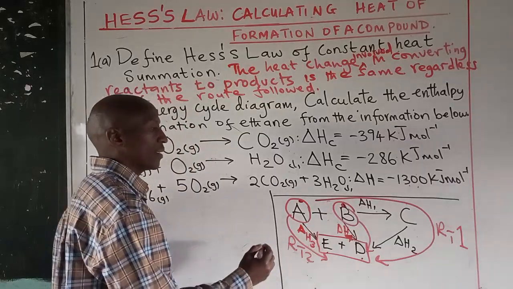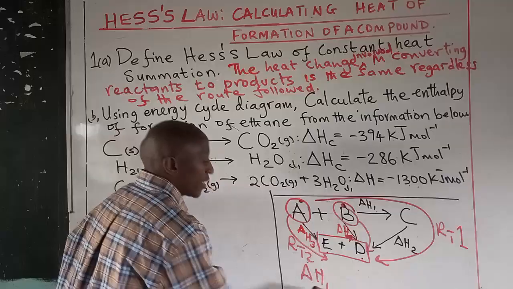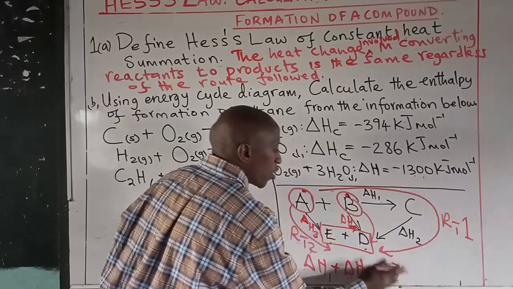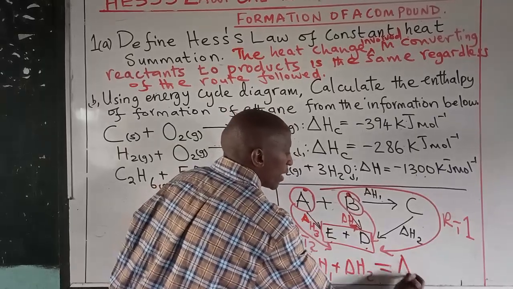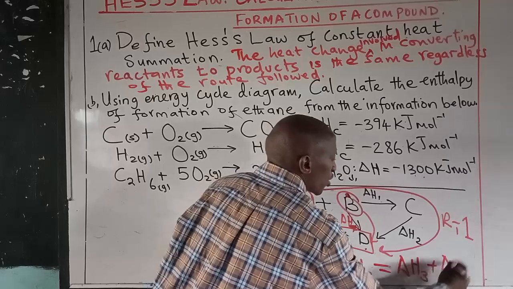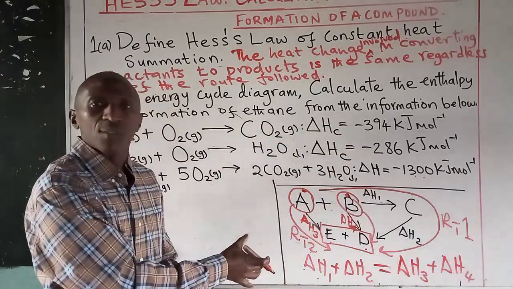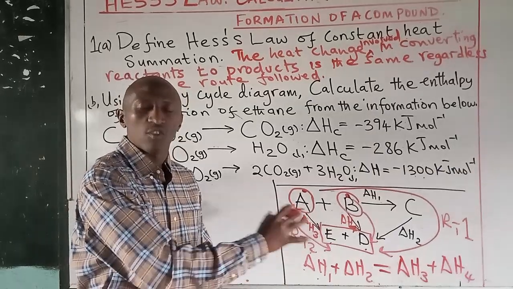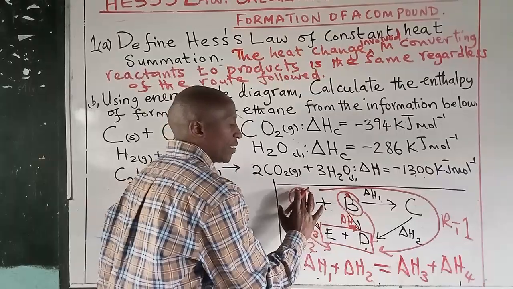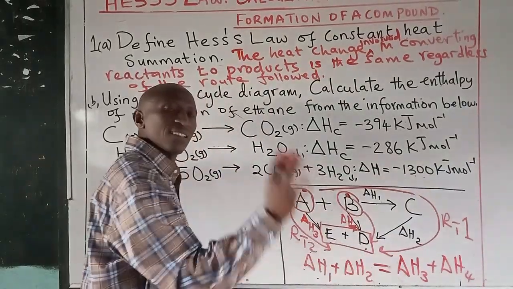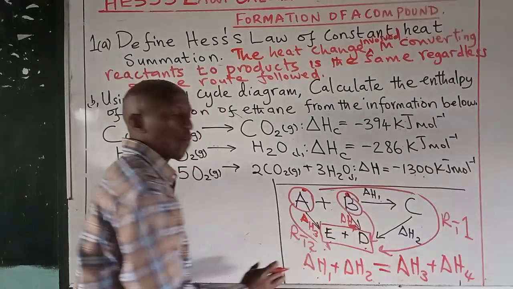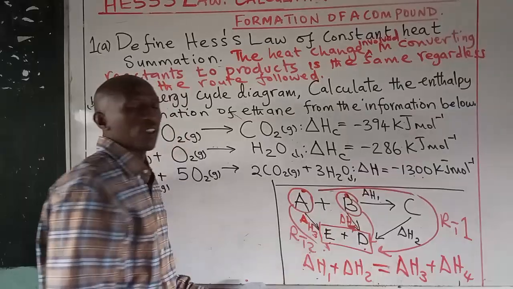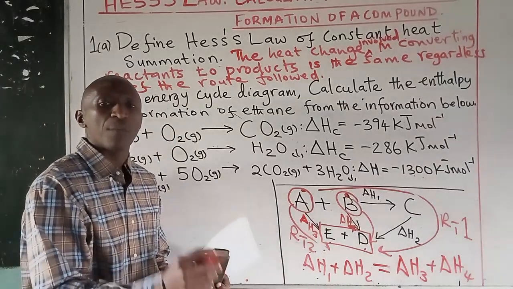And that means delta H1 and heat change 2 are equal to heat change 3 and heat change 4. So this is the theory behind Hess's rule, that the heat change in converting reactants to product is the same regardless of the route followed, and we sum where two are engaged. So that is the theory behind